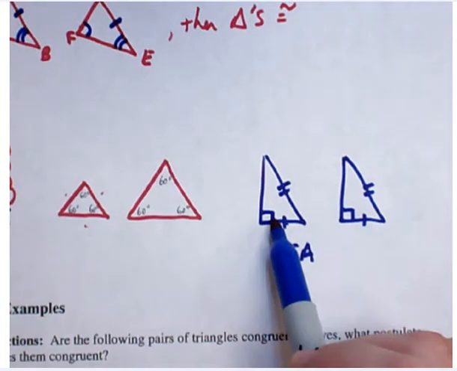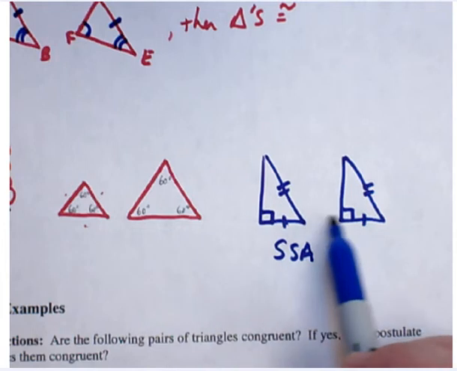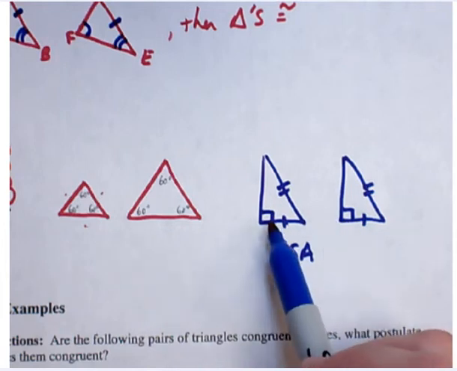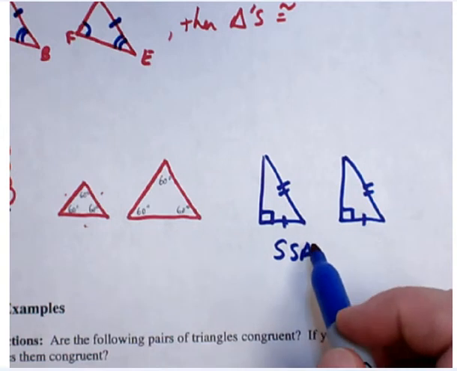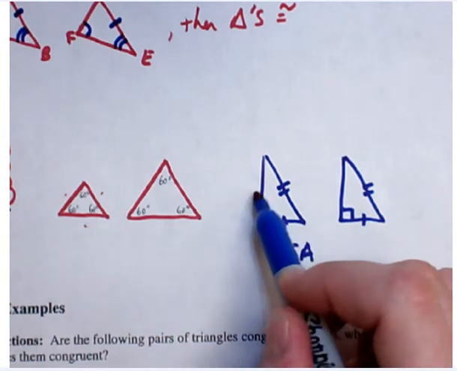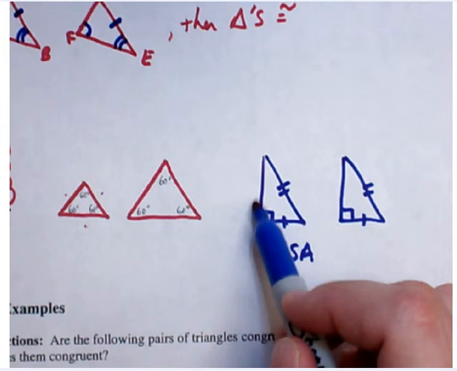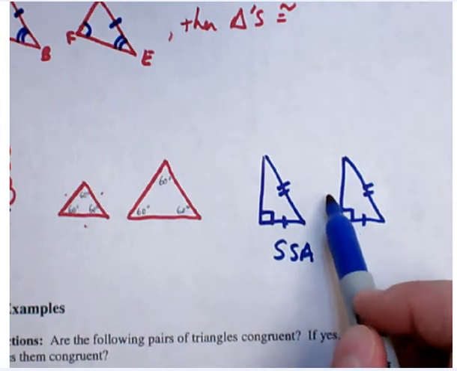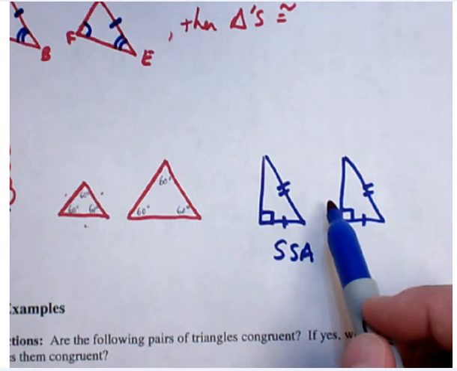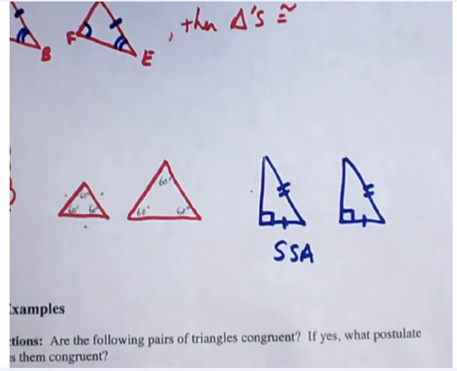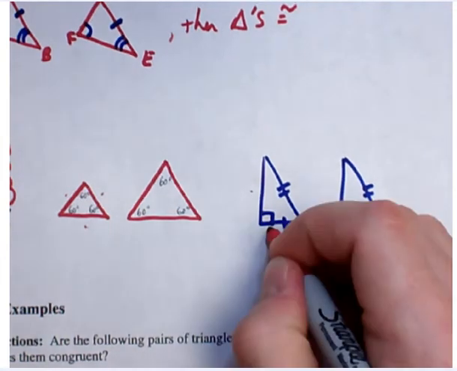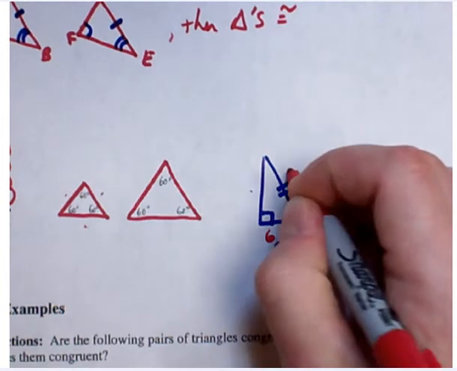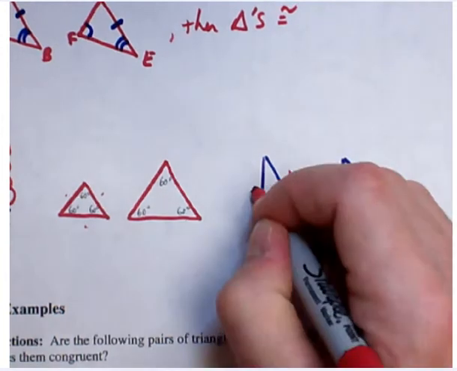This is a special case though where you have a right angle. If you have right angles, then what's going to happen is that they will be congruent, because if you did Pythagorean theorem, this third side would have to be the same. If you did a squared plus b squared equals c squared, you would get that these two sides are the same. As an example, if I say this is 6 and this is 10, and I say, okay, find x,